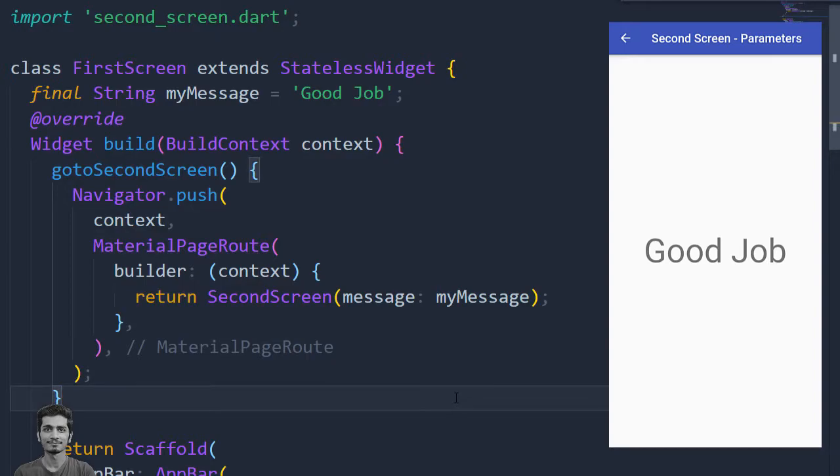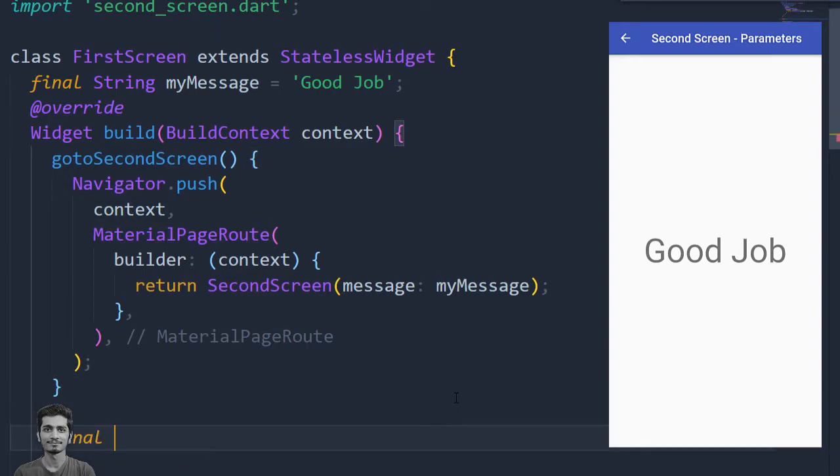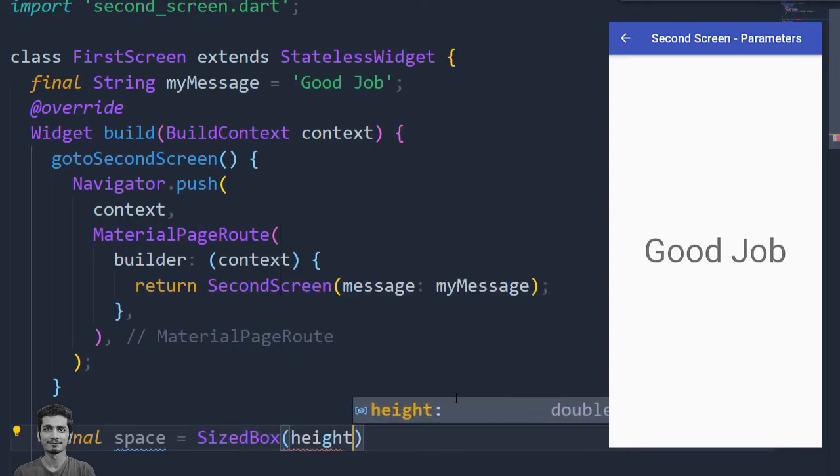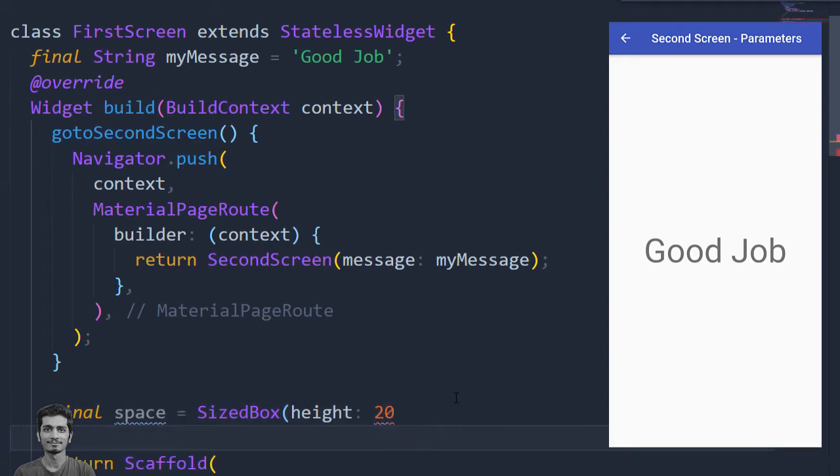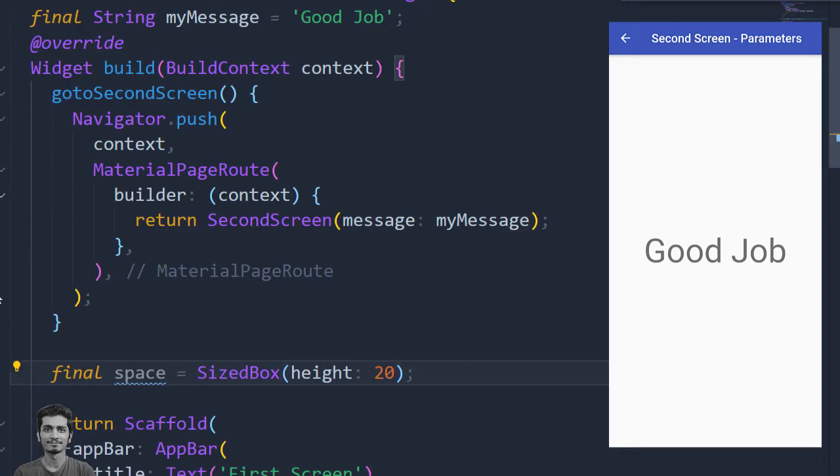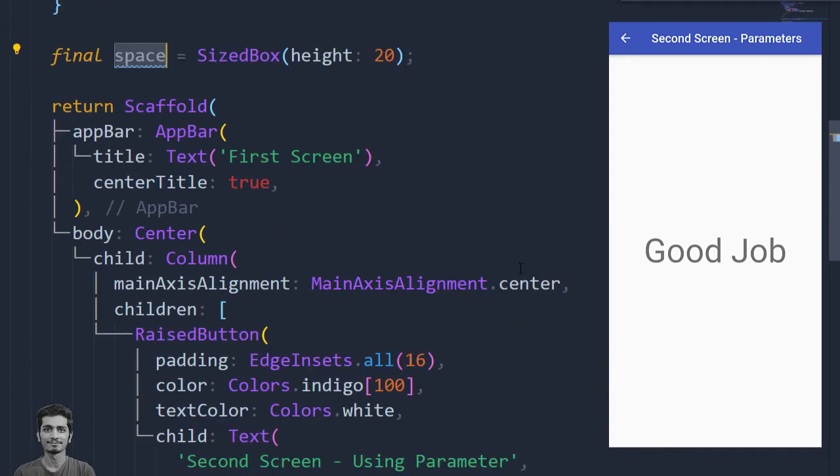Here I will create another variable and assign a SizedBox with the height 20. This space variable helps us to add a vertical space of size 20. Let's add a space below this raised button.